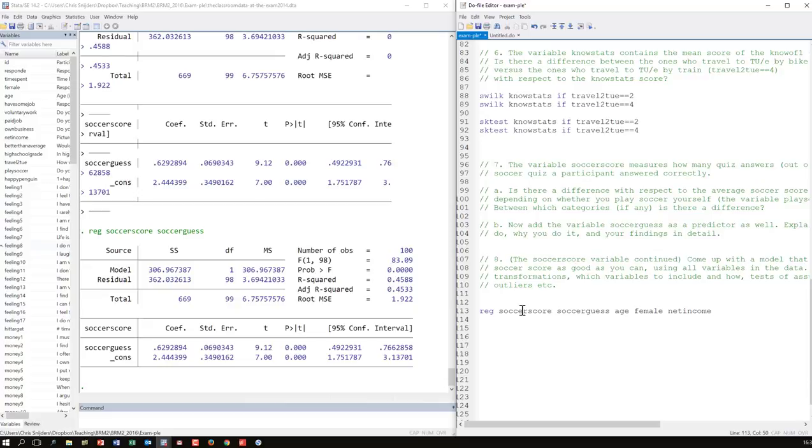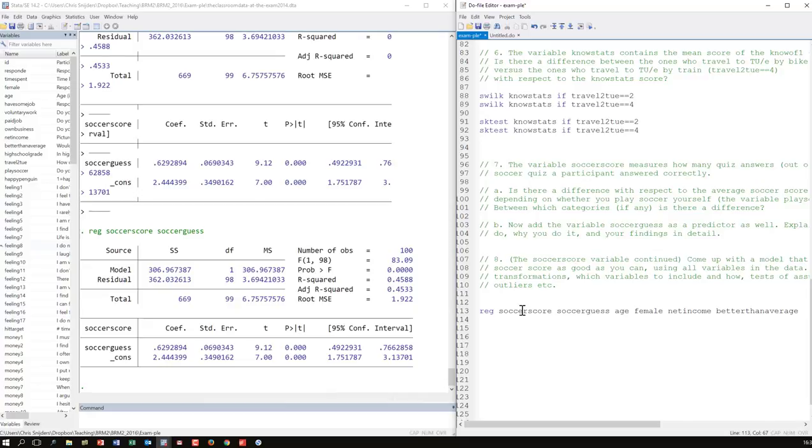I can imagine that the income itself has not much to do with it, but perhaps it's sort of a measure of how optimistic you are, and who knows, perhaps that relates to what you score here. Whether you feel you're doing better than average. My assumption would be, in all likelihood, if you think you are better than average, perhaps you indeed are. And if you're better than average in your courses here, perhaps you're also better at quizzes about soccer, who knows. So that's the closest I can get to something reasonable here.